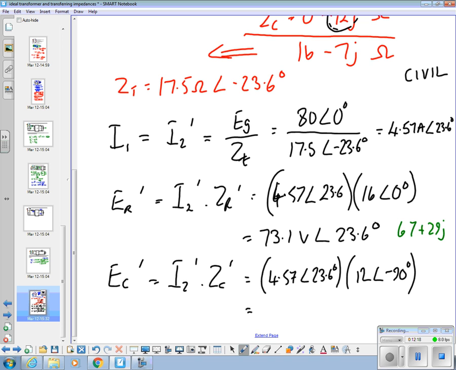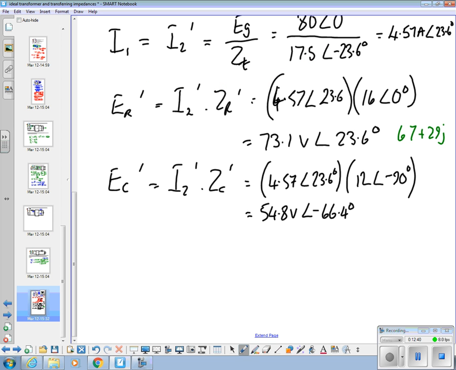The answer to that is 54.8 volts angle minus 66.4 degrees. And in rectangular, that works out to